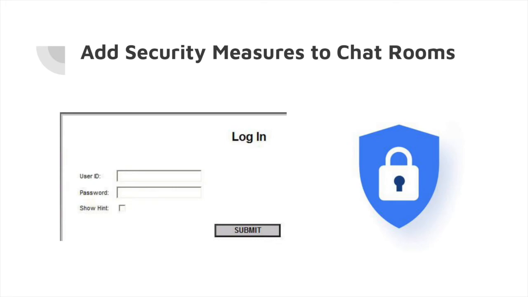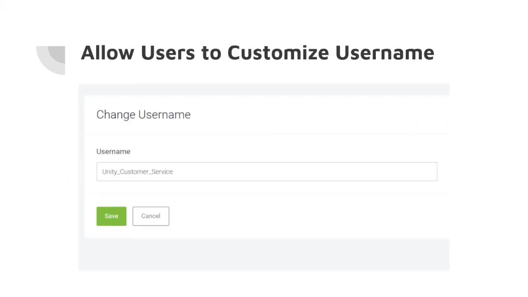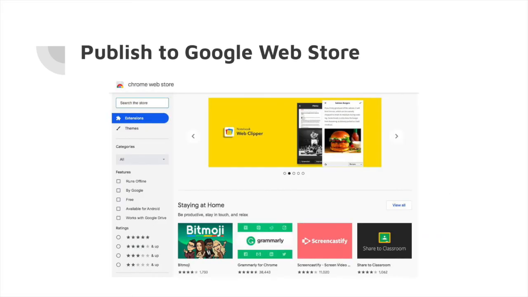Ideally, we can also add a password functionality upon trying to enter a room, as well as generate unique hexadecimal or string room IDs for the user, rather than relying on user-created room names to ensure that random users cannot just easily enter a room. Aside from that, users should also have the ability to customize and change their profile after their username has been selected, and have elements in the chat box also update to reflect those changes. The extension currently asks users to enter their chosen username only once. Moreover, the main goal is to eventually be able to publish a working model to the Google Web Store, which